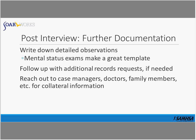I think a mental status exam can make a good template for them. I have one on my computer that I can bring up. It reminds me of all of the different areas that I can be commenting on someone's presentation, like facial affect, their behavior, their mood. And even though I'm not a clinician, and this isn't an assessment or using clinical terms,